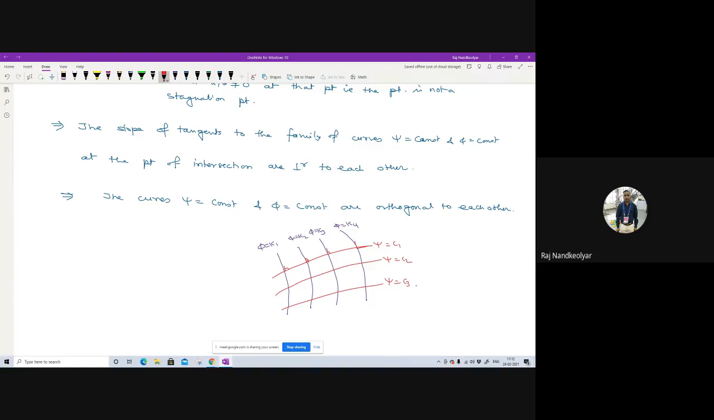So this is the situation. So they are orthogonal to each other. I hope it is clear to everyone. Any doubt in this? No, sir. Okay, so now let us go ahead